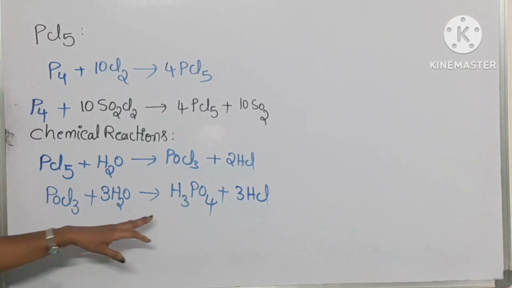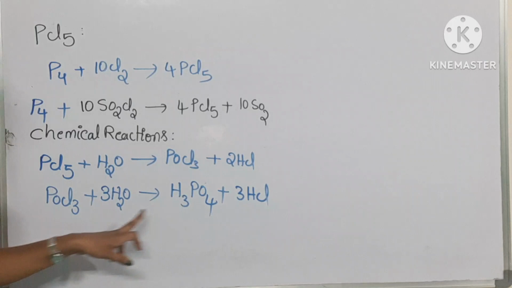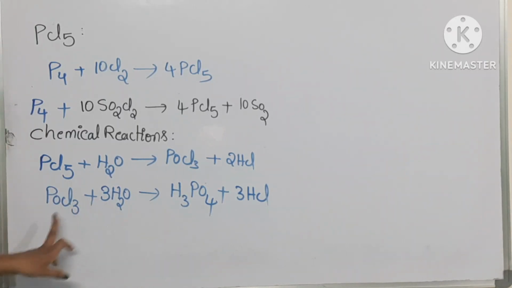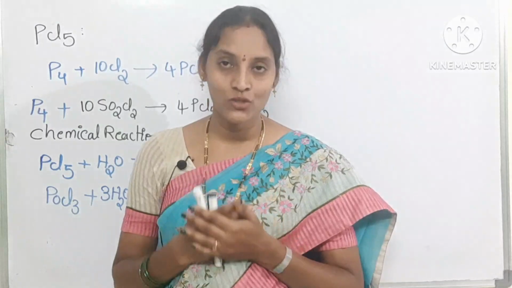See, is it balanced or not? 6 hydrogens, 3 chlorine atoms, 4 oxygen atoms. It's balanced. And remaining chemical reactions, if you see, same like phosphorus trichloride, it will also react